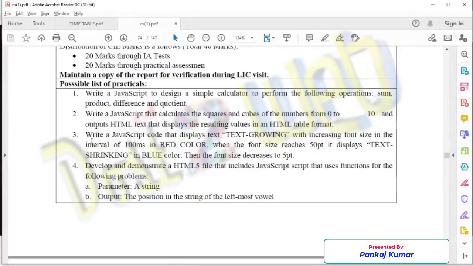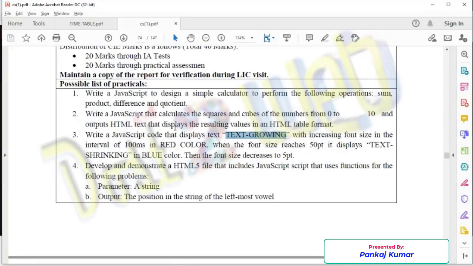Okay, and there is the practice that you have to do, like a simple calculator, how you can create the calculator using HTML. You have seen that you were creating the calculator program using C, C++, Java. So similarly, how you can create it in PHP or HTML or CSS, how you can create an animation effect like text growing, where any text you present starts small and then becomes bigger.